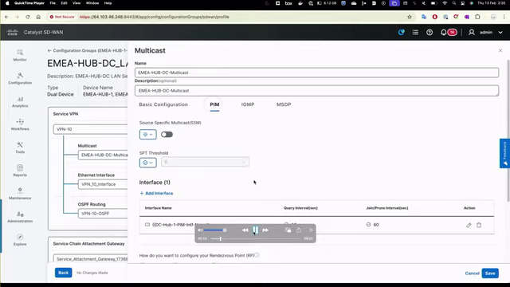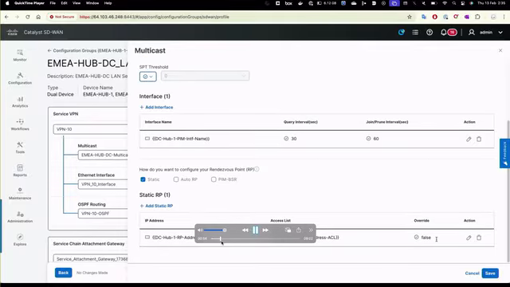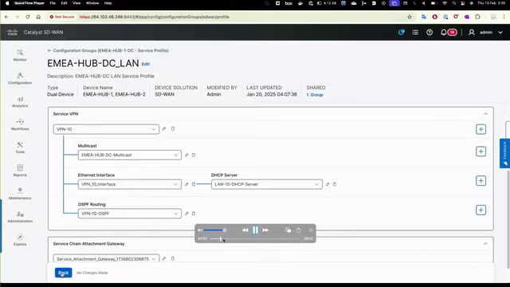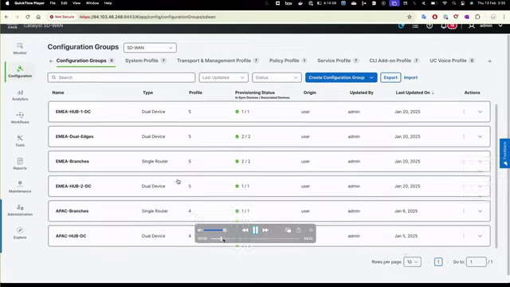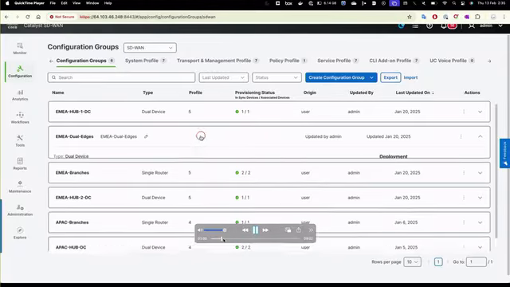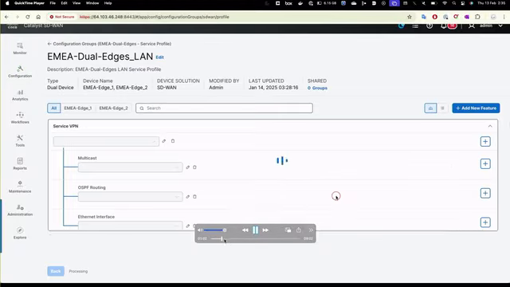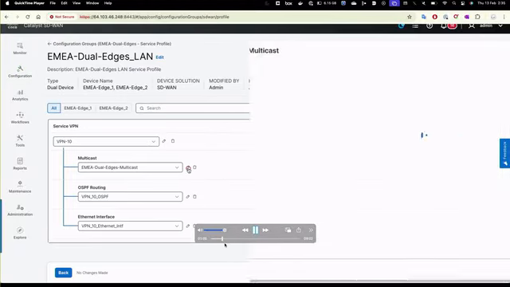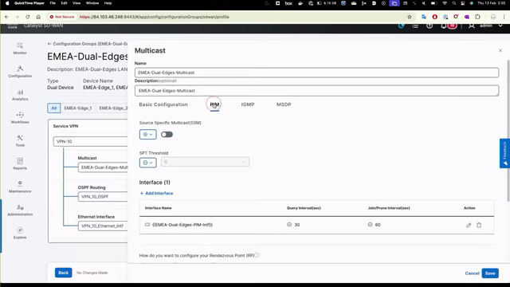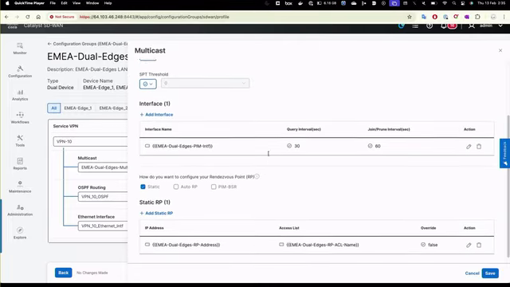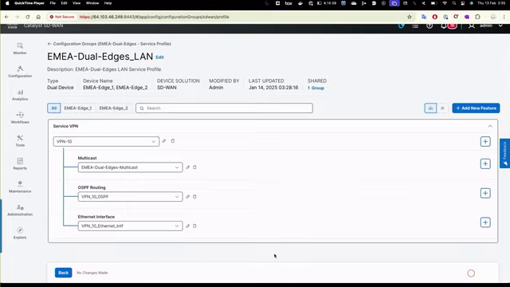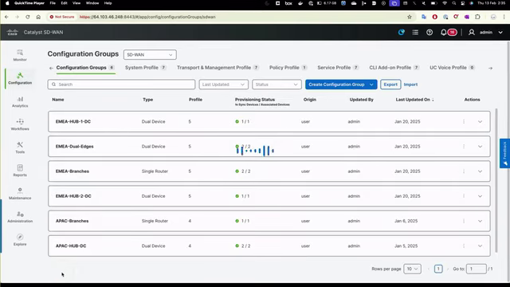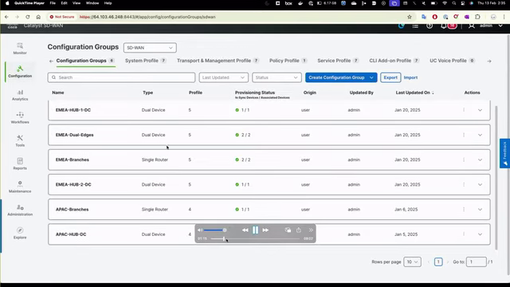This is the local replicator. Then we enable this static RP configuration, and the RP is behind the SD-WAN fabric, on the EMEA Hub side. This is for the dual LAN edge devices. This configuration is the same for all the spoke sides to enable PIM and configure the RP. So once that is done,